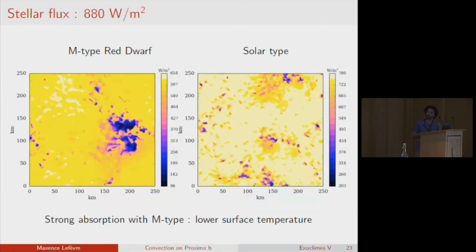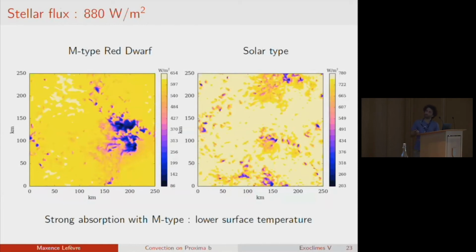Then we took the same configuration, but with a solar type flux to see the influence.